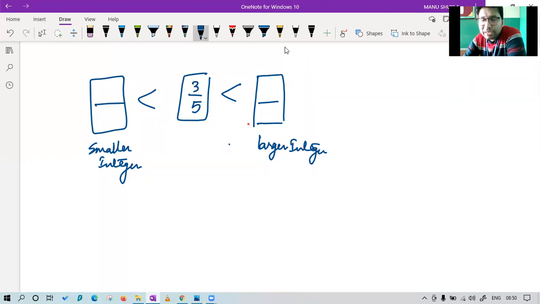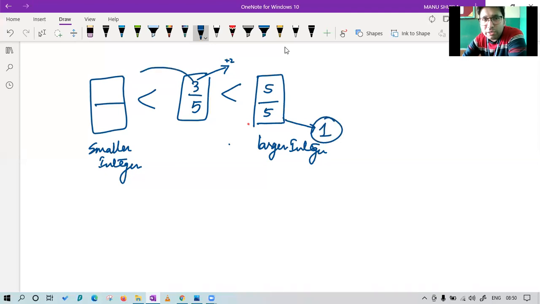Smriti, good. You tell me what I should make this 3, or how much I should increase the 3 so that it becomes perfectly divisible. Very good, Yuvraj. How much do I increase the 3 so that it becomes perfectly divisible by 5? Very simple. If I add plus 2 to the 3, it becomes 5 upon 5, which is actually 1. Very good.